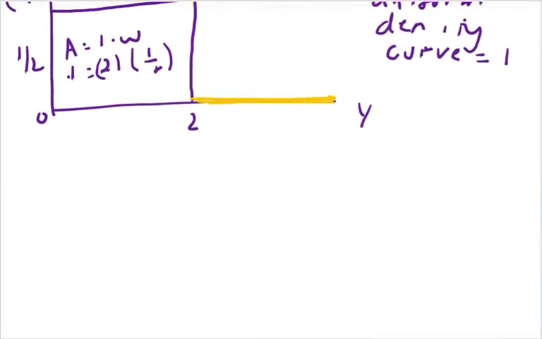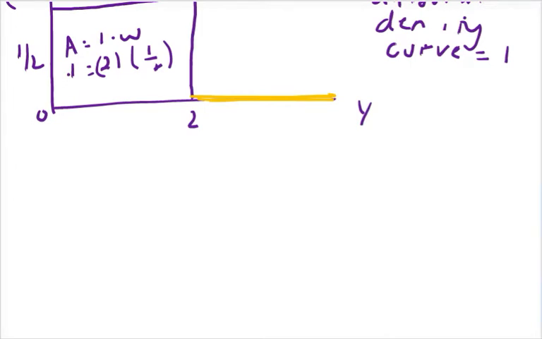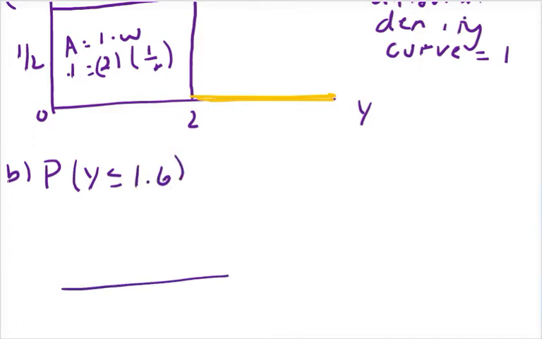Now, using that density curve, we're asked to use the fact that probability is area under the curve to find, this is B, the probability that y is less than or equal to 1.6. So let's draw it out. So 1.6 is right about here. So I want to find the area of the